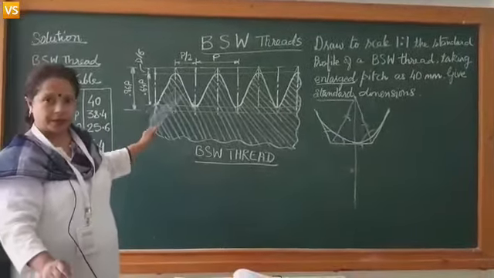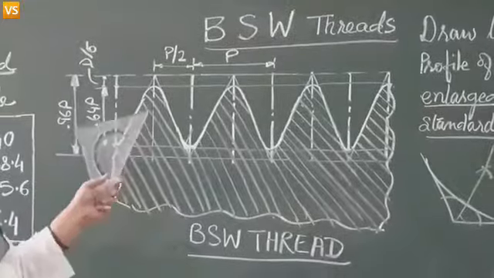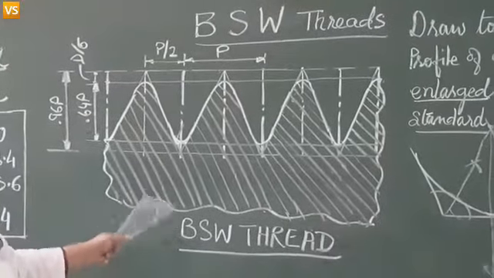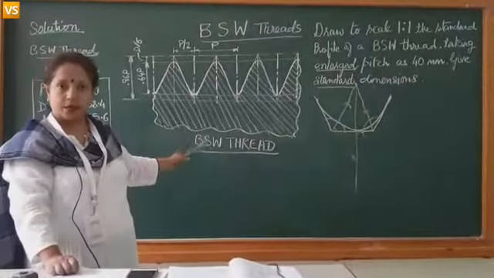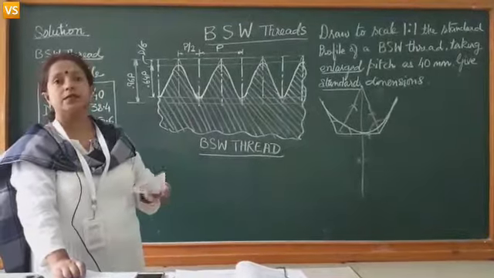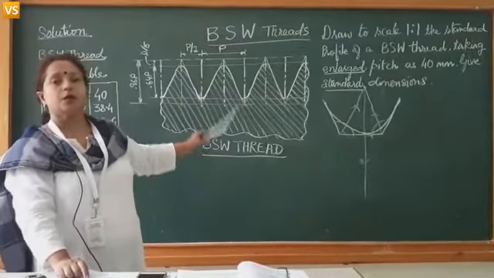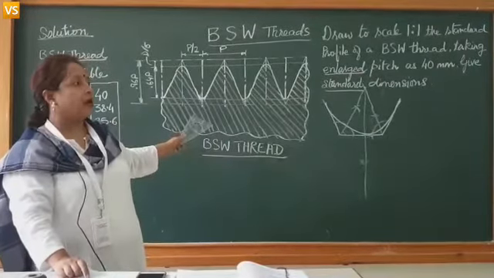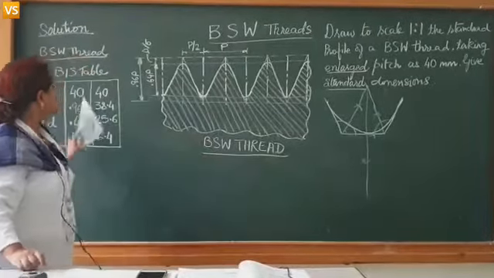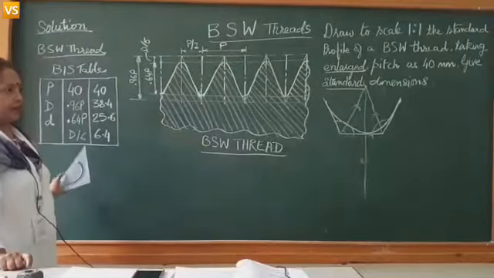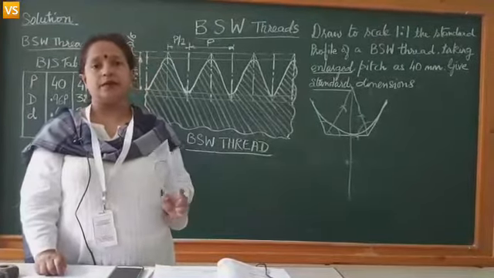8 out of 8 marks in this, and it is really very easy to get these marks because there are only 5 types of threads in our syllabus, and in choice we are going to get nuts and bolts. So, any one of the thread is expected, compulsorily expected in board exam. So, take care to prepare this topic well. For making all the other threads, we are going to use the same method, but the proportions here, the BIS table will be different. So, I hope you all are able to make the figure. Thank you.